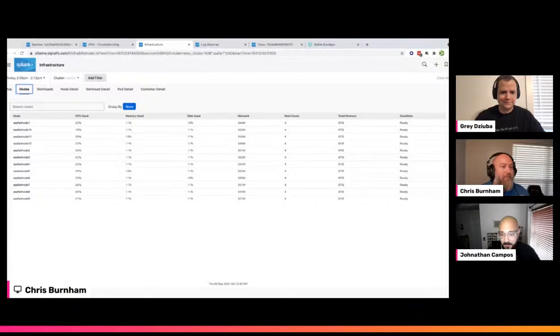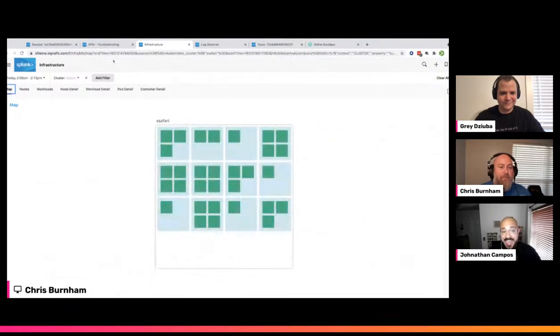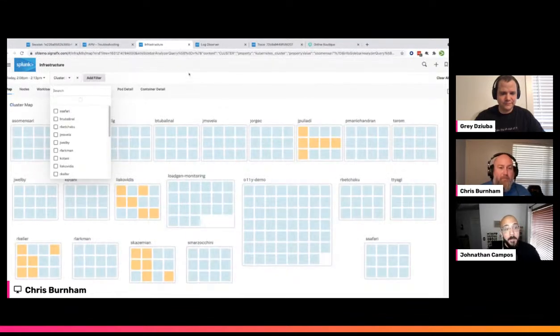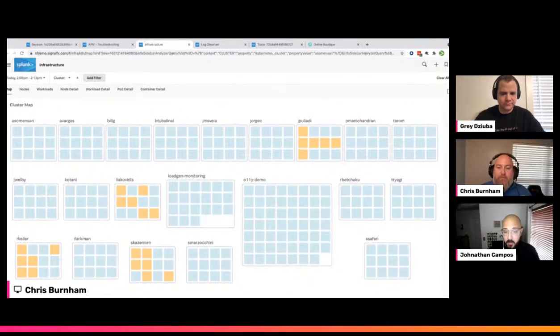I'm all about maps. And if we actually go back to the map, this is also another map that's dynamically updated. So as your pods, your containers, and your nodes come and go, this map is going to dynamically get updated as well. And that is probably one of the coolest parts.